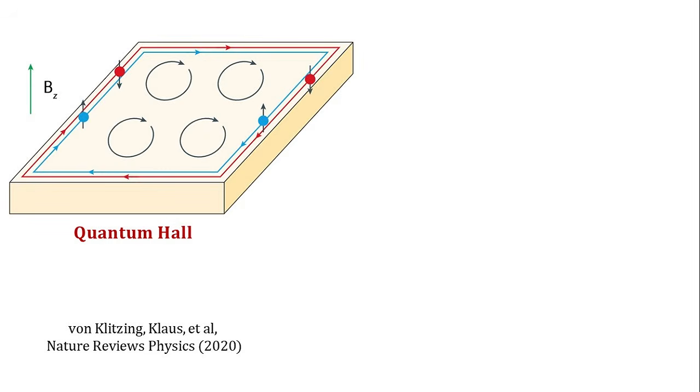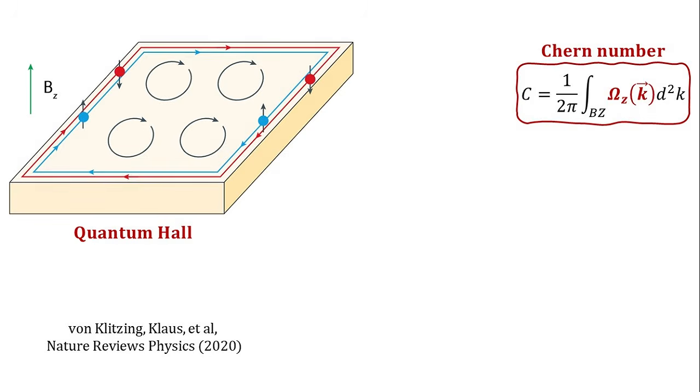In the presence of a strong magnetic field, conduction in materials often becomes confined to the edges of the sample, leading to quantized electronic conductivity. This quantization can be elegantly described using the Berry flux integrated over the entire Brillouin zone of the crystal. The result of this integration is an integer value known as the Chern number, which characterizes the topology of the